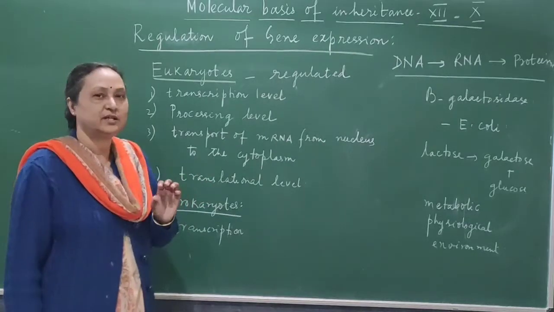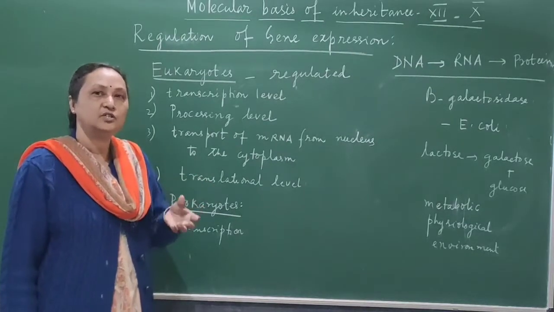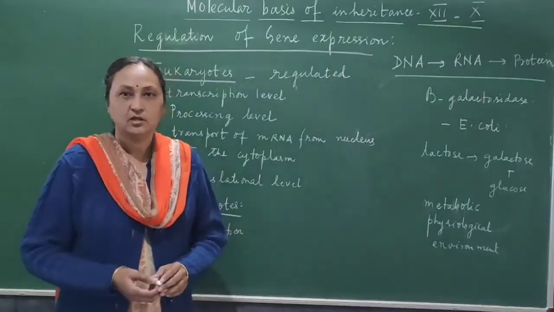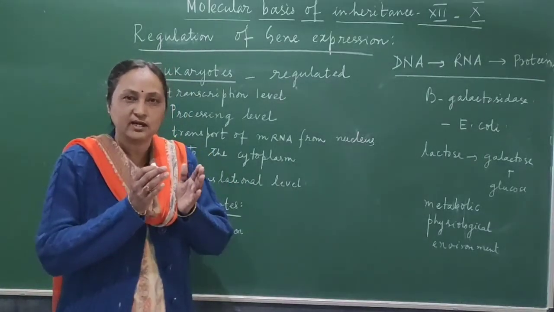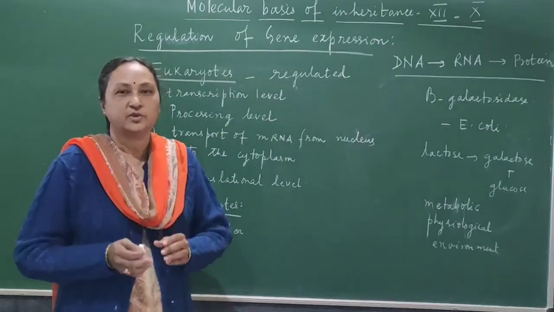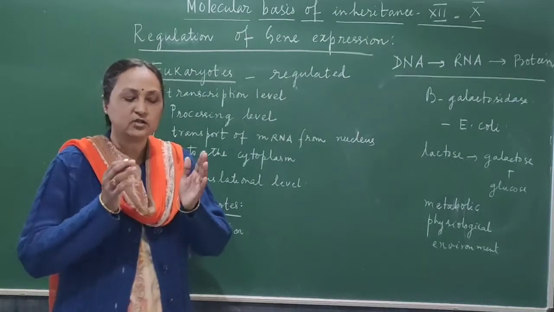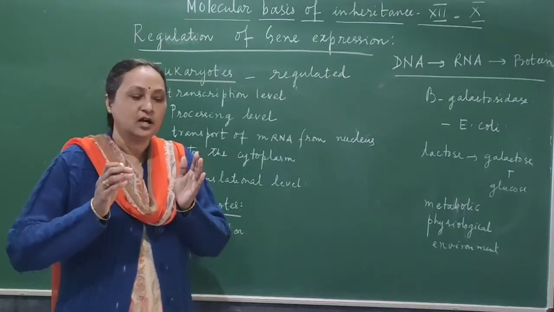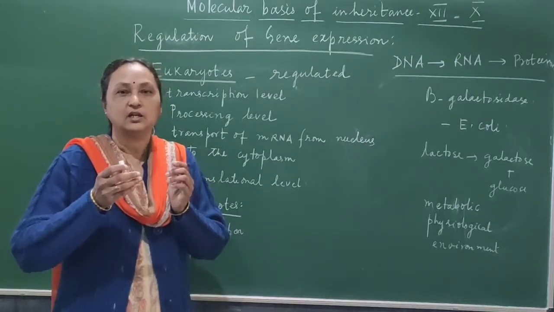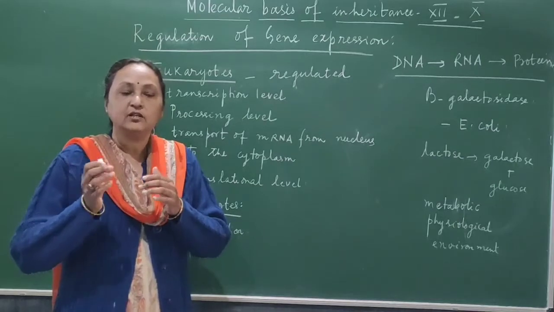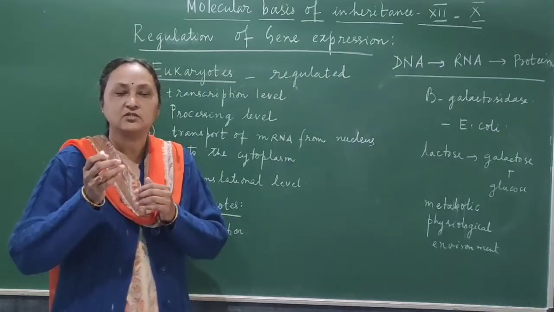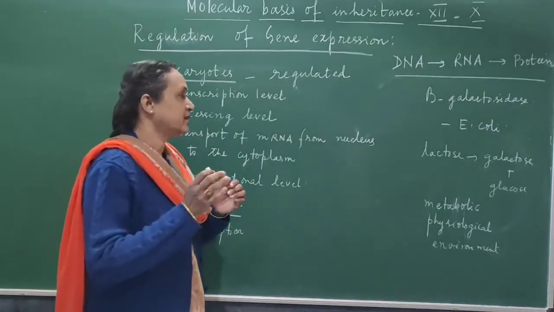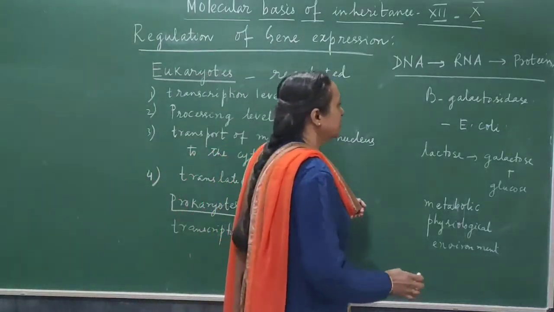Now with the help of an example, I will explain how the gene is expressed. Because every time the gene is not expressed; unless there is a requirement, the gene will not express itself. तो डीएनए में आपको बहुत सारे जीन्स मिलेंगे, बट हर एक जीन हमेशा अपने आप को एक्सप्रेस नहीं कर रहा। अगर जरूरत है, रिक्वायरमेंट है, तभी ये अपने आप को एक्सप्रेस कर रहा है, जिसको हम बोल रहे हैं जीन एक्सप्रेशन।